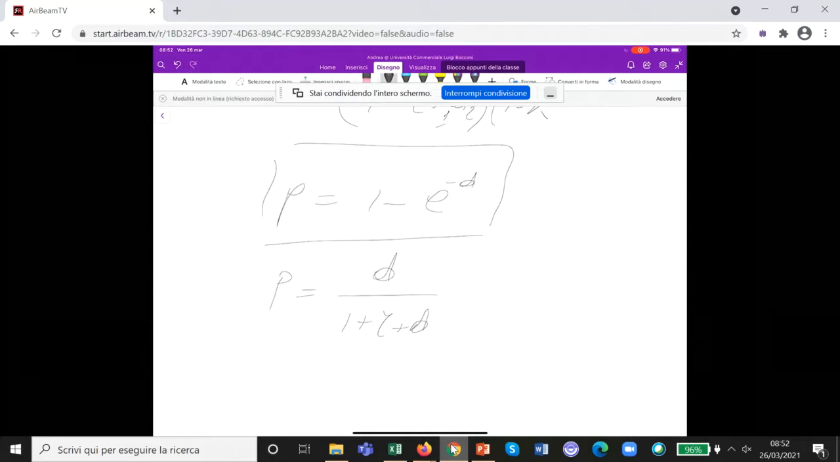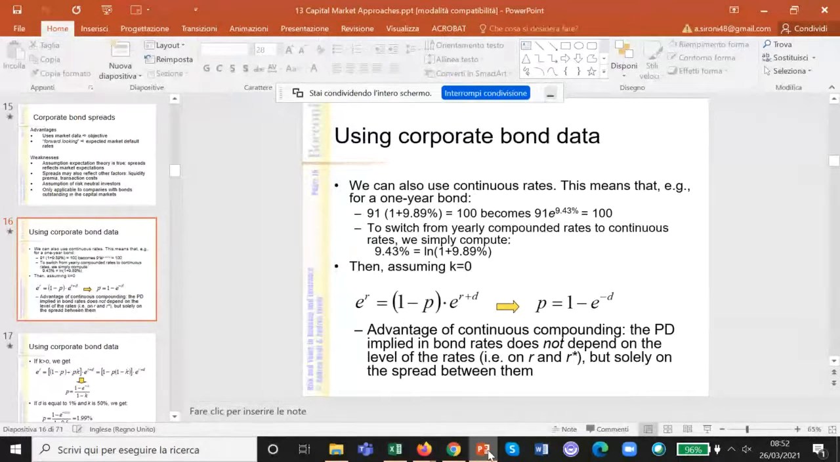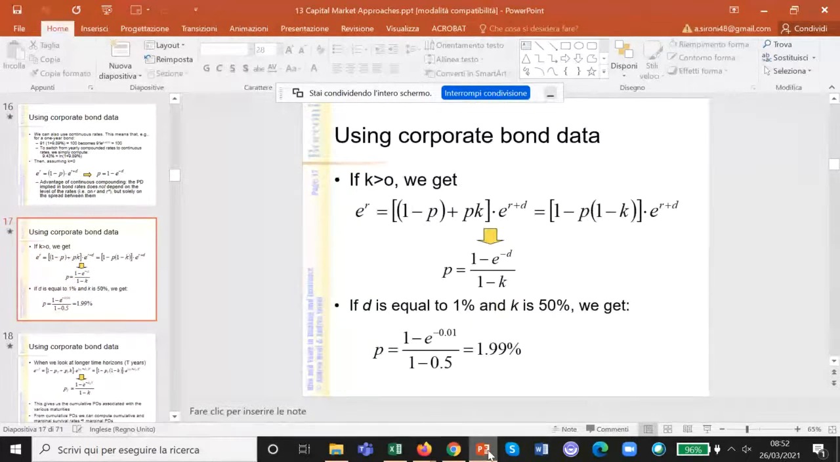Here we are assuming that the recovery rate is 0. So in simple compounding, the PD is also a function of the level of interest rates. Now, the advantage of continuous compounding is that it only depends on the spread between a risky rate and a risk-free rate. Now, of course, we can use the same equation, assuming that the recovery rate is positive,